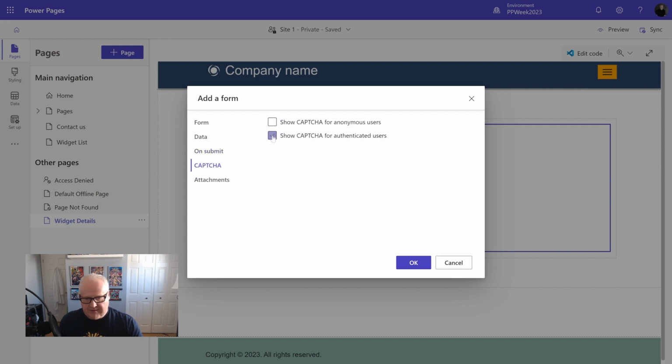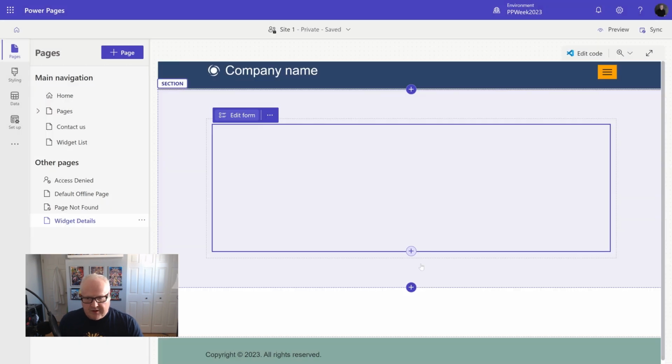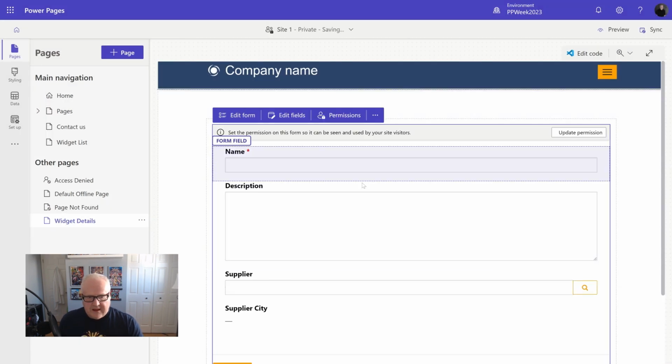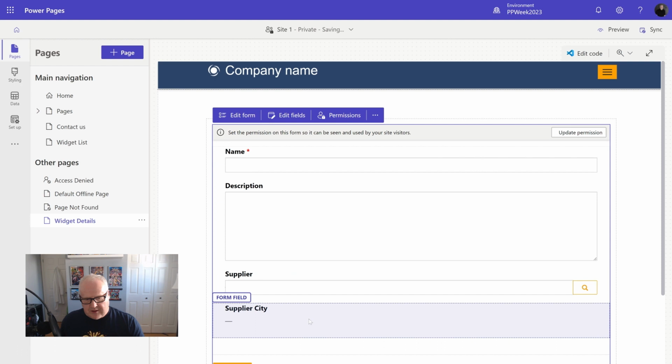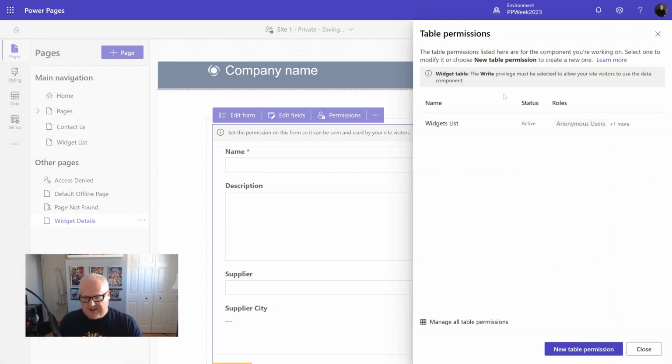Caption, I'm going to shut those off because I find them annoying, but really you probably should have them on. We're going to click OK here. Now I have that supplier city that's already there in my form field. Now this is going to be read only. In most cases, that's probably going to be okay. We're going to need to up the permissions a little bit if we want users to be able to update that information. So I'm just going to go on that widget list